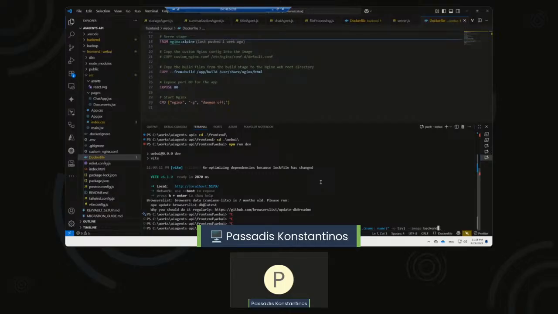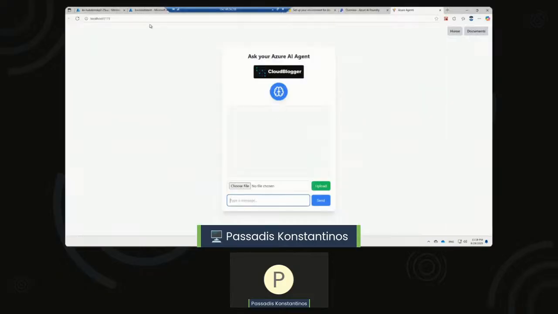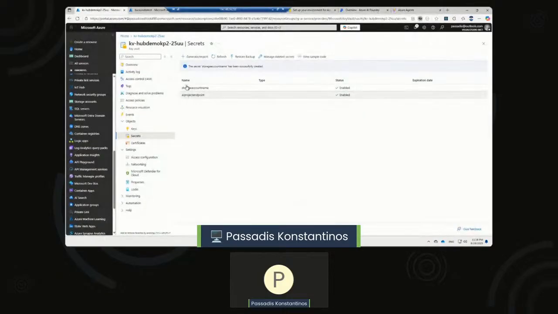This time, let's put the name web UI for our front-end image. It's going to take a little bit more time, and we need the API secret, which I have to go and find. Luckily, I have already created the API management instance,